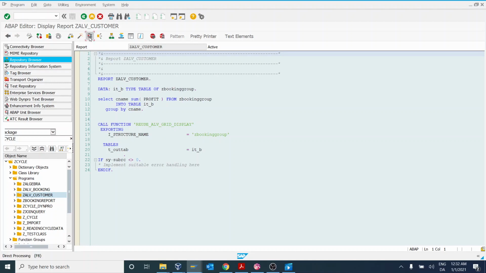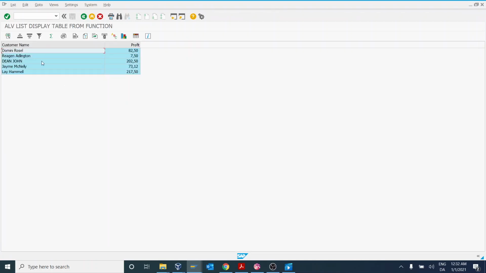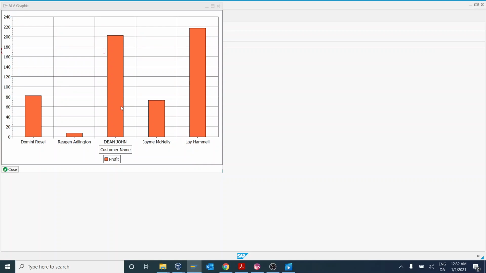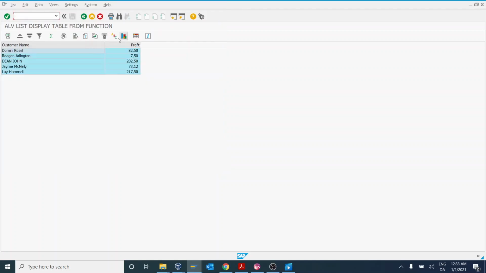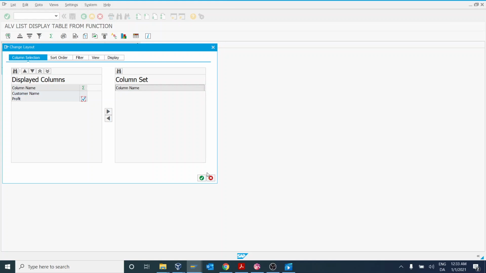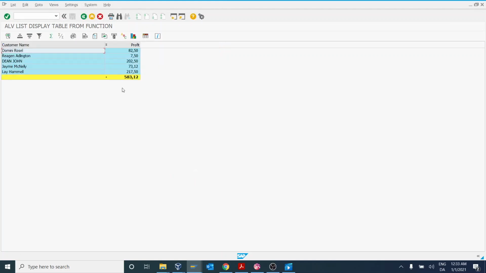If we run the program, we can see the customers with their profits, and we can see their charts showing how much profit each customer gives to the company. We can also calculate the total, and then we can show the total of the profit that all the customers are giving.